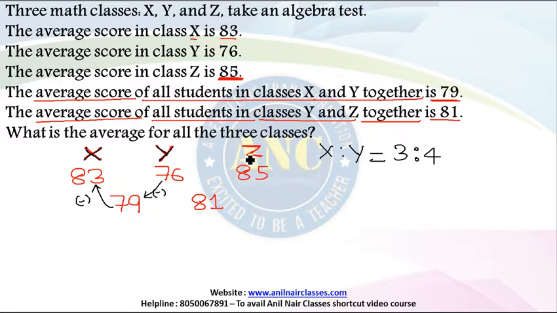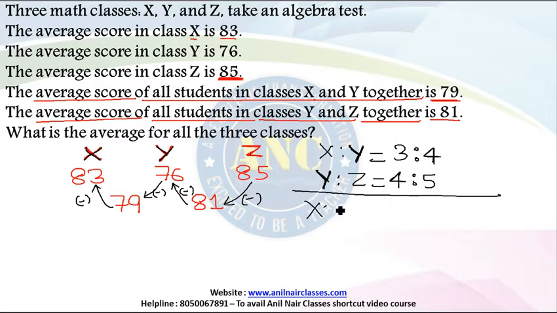Similarly, if I take Y and Z and allocate, I will get Y by Z ratio. 85 minus 81, it is 4. 81 minus 76, it is 5. If you observe, I have a variable Y here. That value is 4. I have the same variable Y here also. The value of that variable Y is also the same 4. That means compound ratio says X is to Y is to Z is X value is 3, Y value in both the cases is 4,